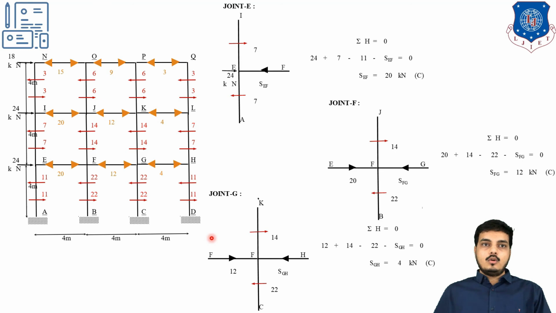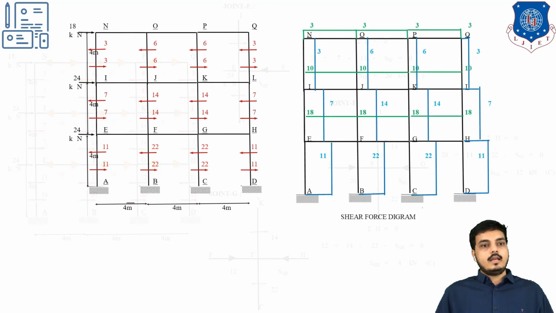So after finding out all the axial forces in the beam as well, we have completed all the forces: shear force in beam and column, bending moment in the beam and column, and lastly axial force in beam and column as well. So last we need to draw the diagram. Look, it is quite simple. You have to draw the bare frame which is like this and you have to show the values.